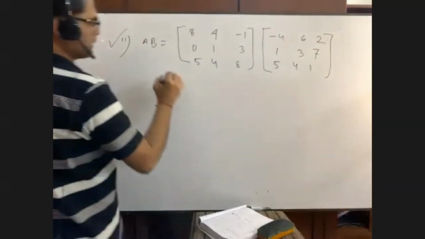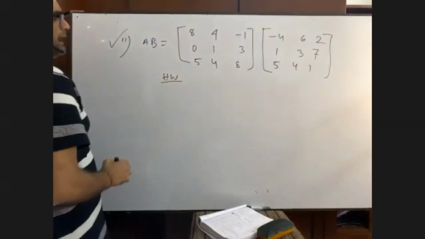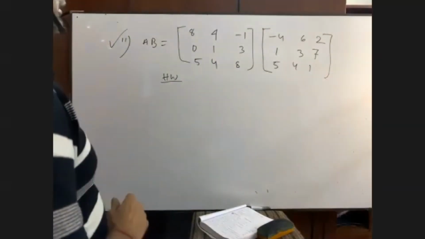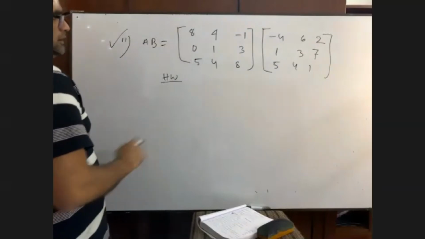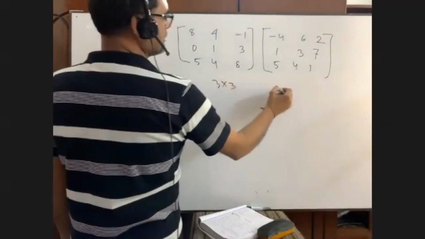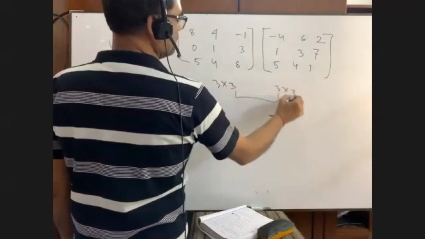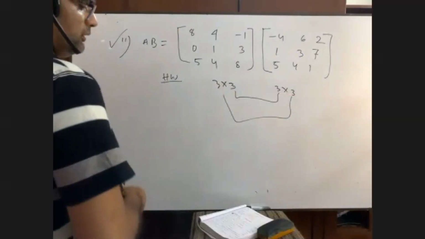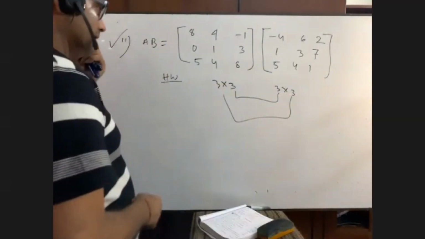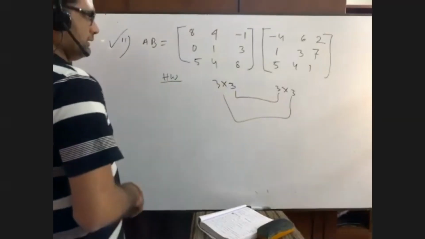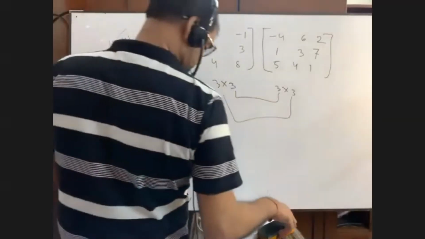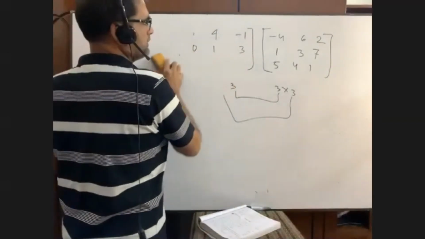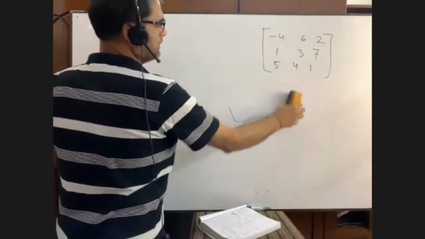Okay, it is homework. You will do it, and in Skype you will just copy it and send it. It is 3 by 3, and B is also 3 by 3, a square matrix. So we will get 3 by 3 order, okay? It is homework. Everyone will do it in Skype, everyone at a time. Now I am going to do another math. Have you copied it?